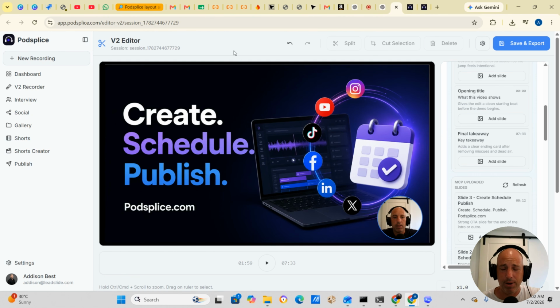So you don't even need to be a good editor. And of course, we're going to add some zooms and some transitions soon as well. So this is just the first version of this. And I just wanted to show you, I think, a really cool use case of using ChatGPT, Codex, or Claude as your video